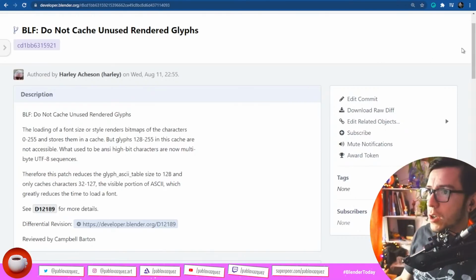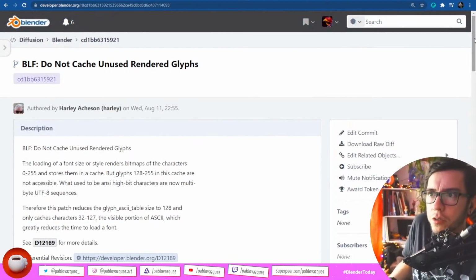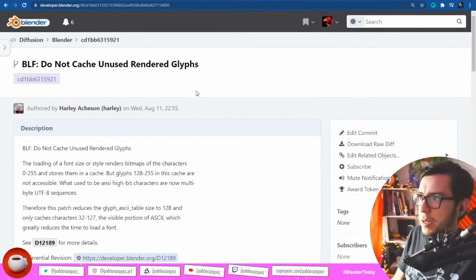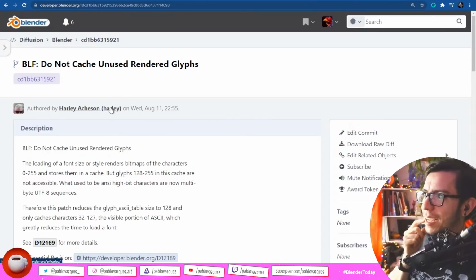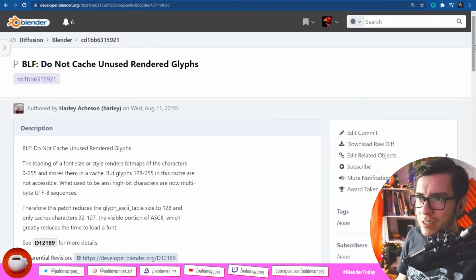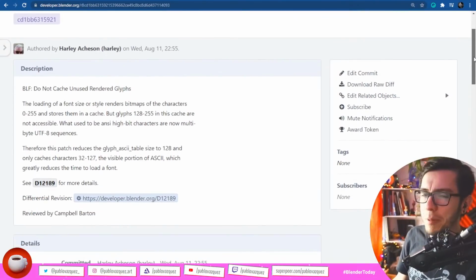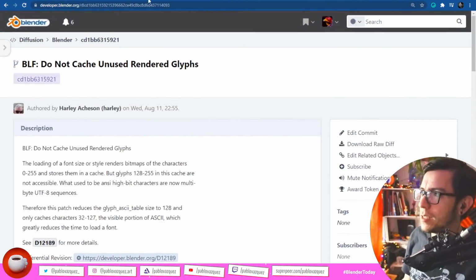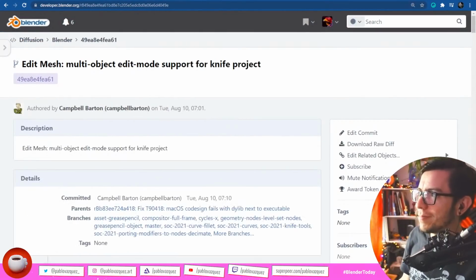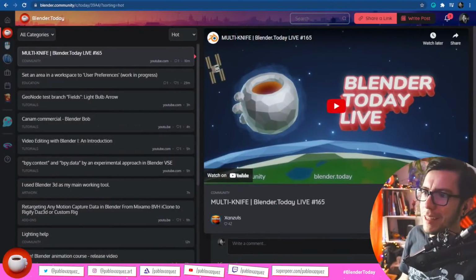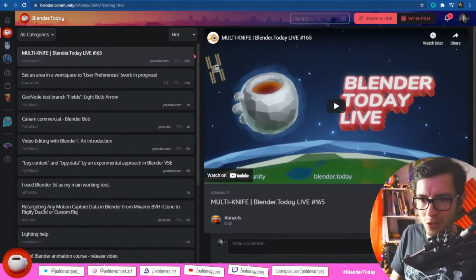So basically, why would you even load them? Harley also has a couple more changes coming there, which I'm pretty excited about, improving the previews and such. So cool. That area in Blender doesn't usually get much love.